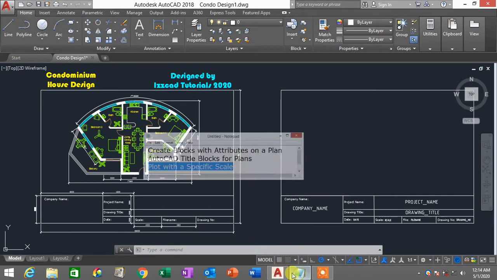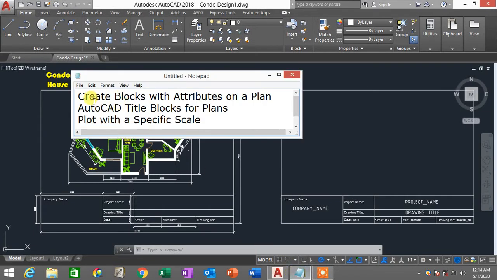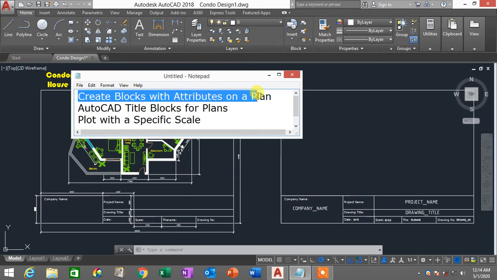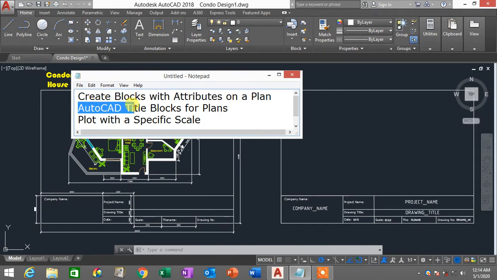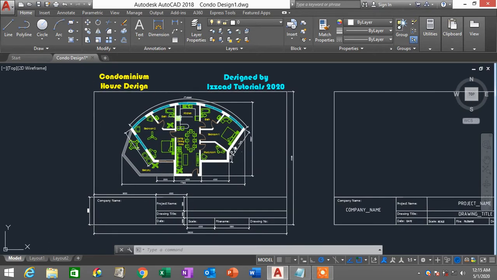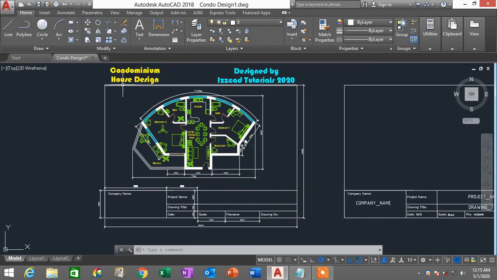Hello everyone. In this tutorial, we are going to learn how to create blocks with attributes on a plan, specifically how to create AutoCAD title blocks for plans, and later we are going to plot the AutoCAD drawing with a specific scale. So you can see in this particular AutoCAD drawing, I've drawn an AutoCAD drawing of a condominium house